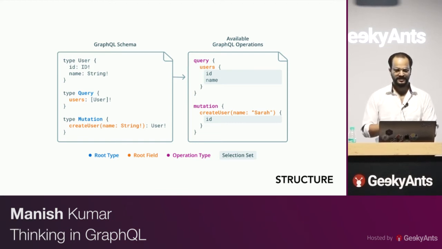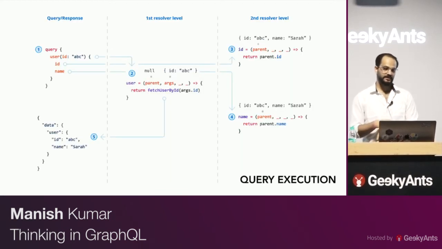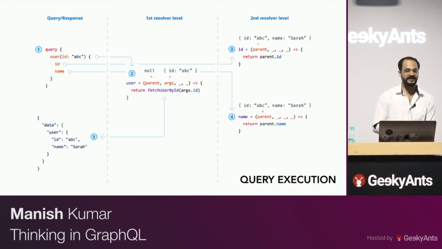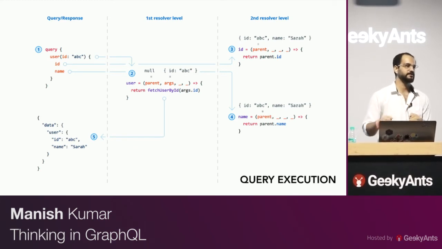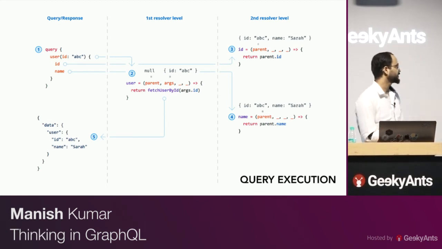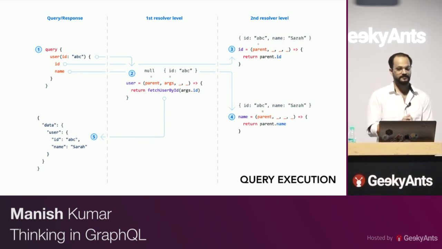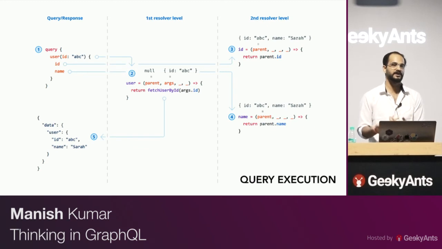Let's talk about how the query execution actually happens. So if I had queried for user with the ID ABC and I had asked for ID and name back, this is like a get query where you're saying myapi.com/user with the ID ABC, right? That's what I have made. This is a get call. So what happens is I have to resolve for exactly three things, which is user, ID, and name. If I have not resolved for these 3 things, GraphQL cannot give me a successful output. So I have to first resolve.